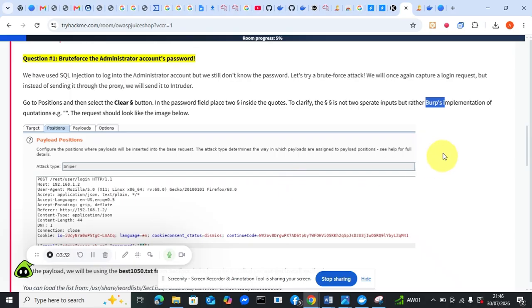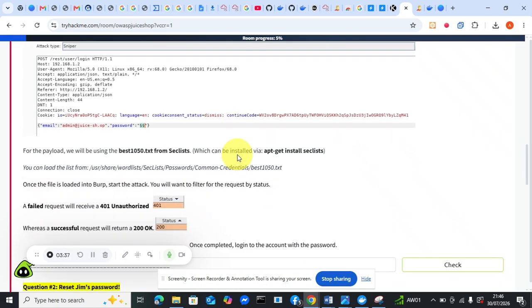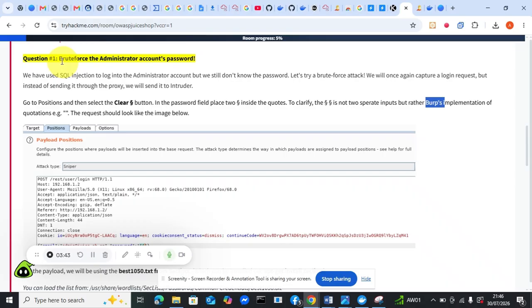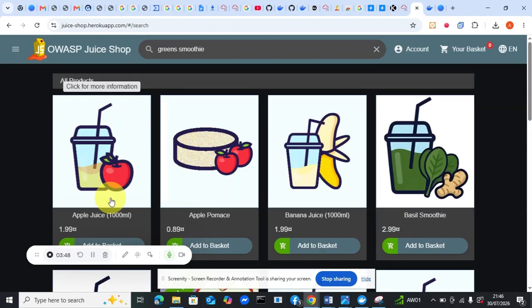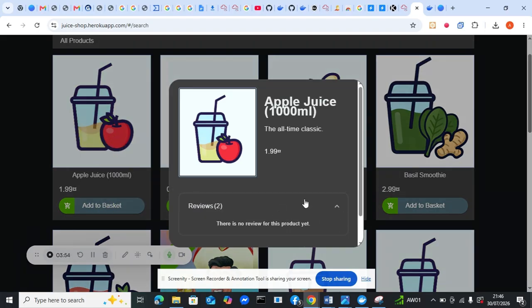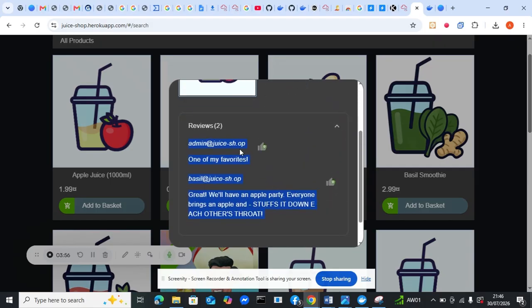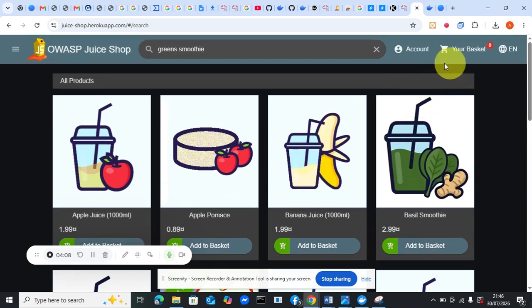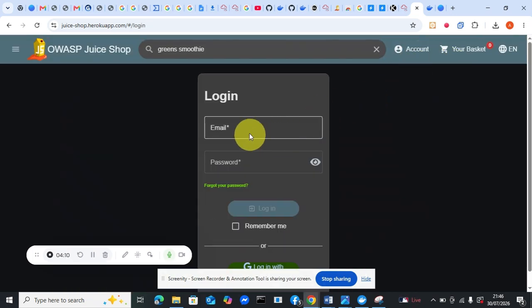For us to be able to do this, the aspect where they say we should brute force is the administrator account password, right? So we want to go back. Remember that previously we found that the administrator's email can be found here. They made a mistake, and this is the admin username, right? But we don't know the password. So we want to come to this place now and try to log in. They're asking us to log in, so we put in our admin